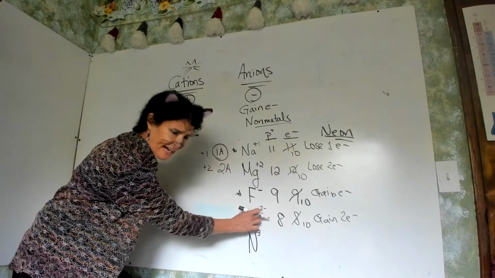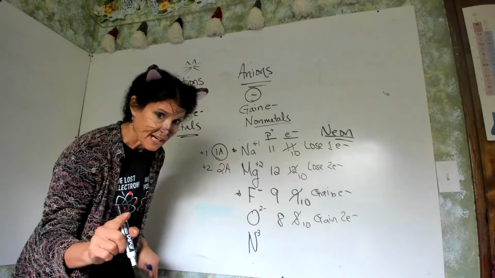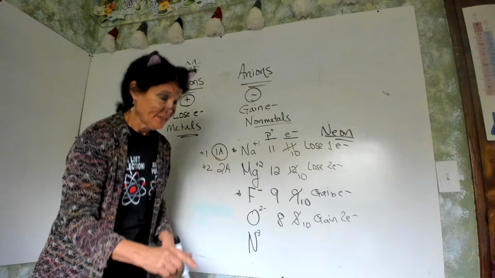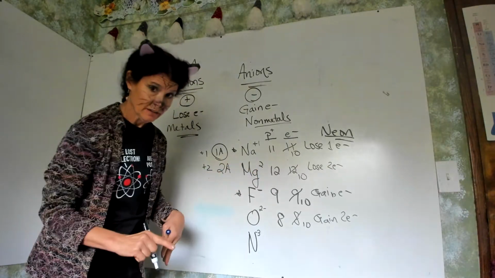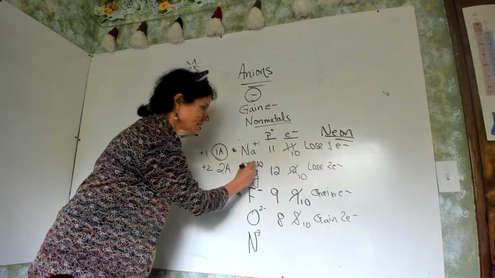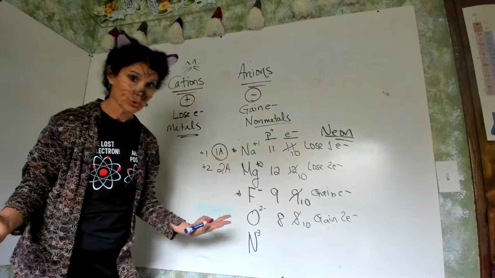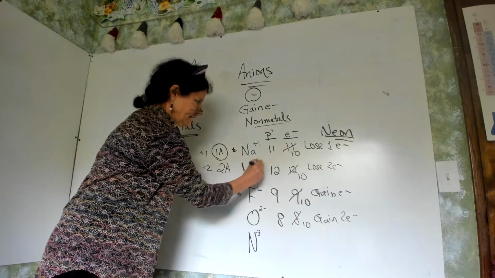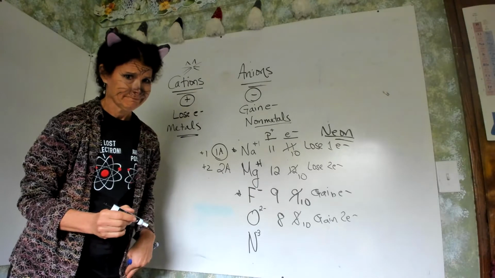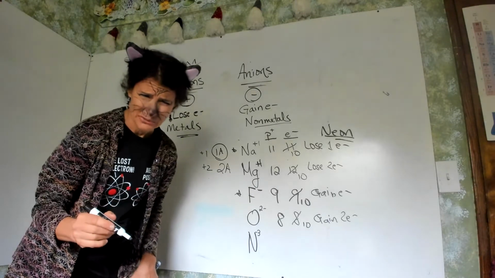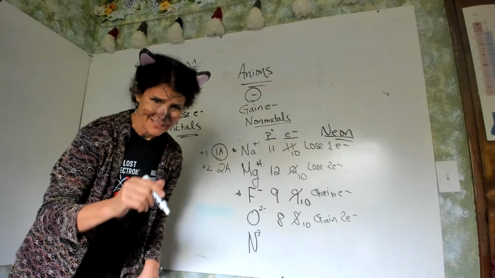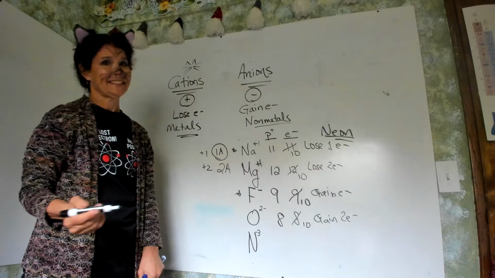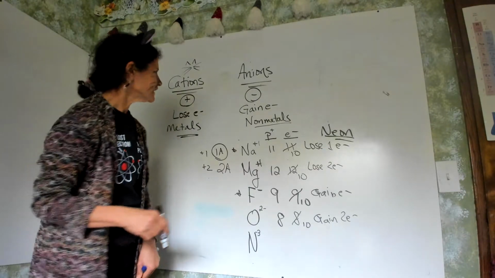And again, you can show the sign after or before, but you always show the sign. And if it's more than 1, you always show the number. So you can't just say for magnesium 2. That will be marked wrong. You have to show +2. And there's an even older way, like when this cat was first a kitten, we would write it as a ++. The thing is, they've now found ones that have a +8. We're not going to get there today. That would be a lot of pluses. So it's not that they made it easier for you all. Let's just believe they made it easier for y'all.